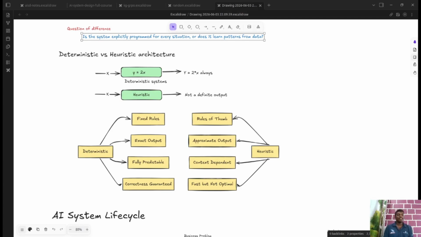I'll give you an example of how you can relate. If you give a single prompt to ChatGPT, no matter how many times you give it, you're not bound to get the same answer each time. So this is the actual difference between any AI system and non-AI system.